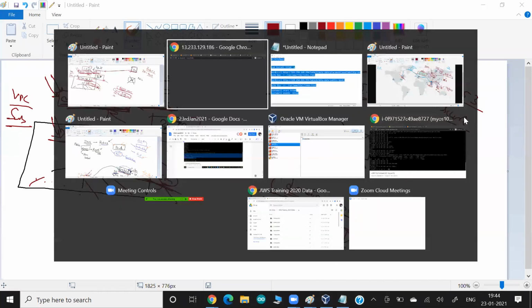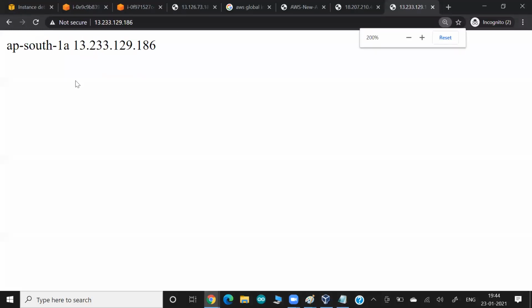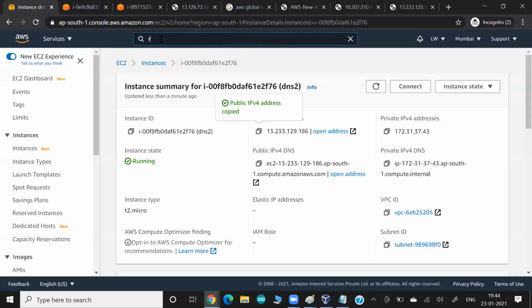So if I go, guys, directly to Route 53, but before this, if I show this OS also, now I can see, guys, this OS will print their public IP and their region name. This is called Mumbai. So we have two servers running, one in US, one in Mumbai, India. Okay. Now if I go to my Route 53